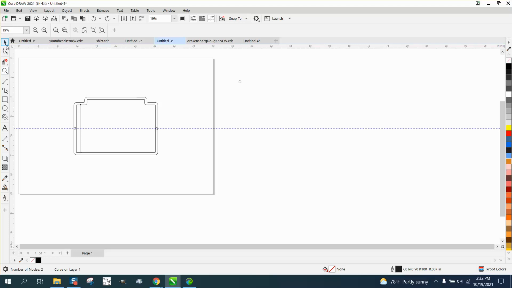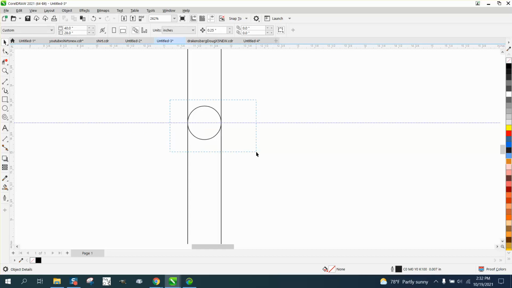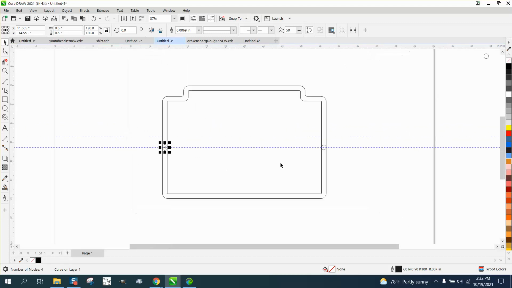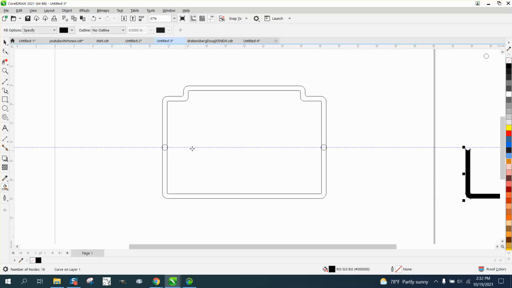So we can't use that theory. What you're going to have to do is just do them individually. I kind of thought that wasn't going to work. If you just take that 1/2 inch with your ratio lock and go ahead and make it 0.6, see what it did? It made it still round, 0.6. And then when you use your Smart Fill tool, we'll change it back to 16 inches, I think it was. Smart Fill, and the reason we're doing this just to get it out of the way so you can kind of see